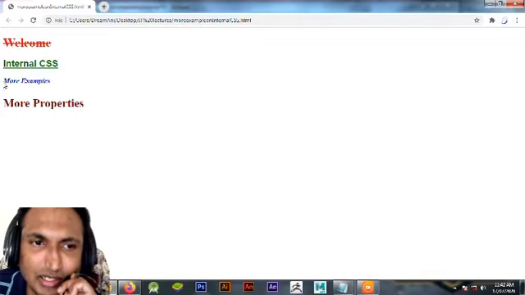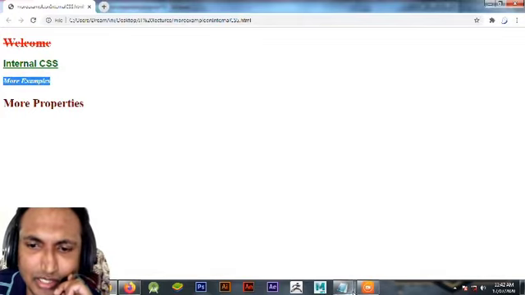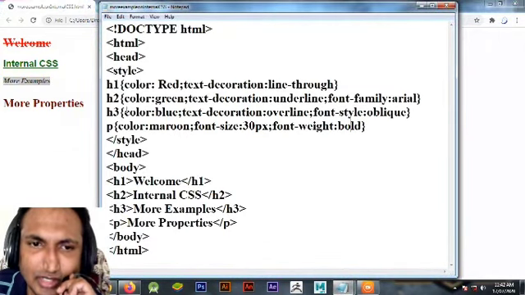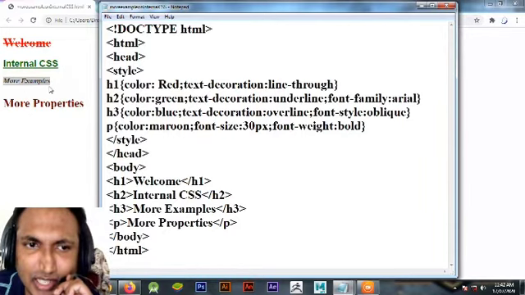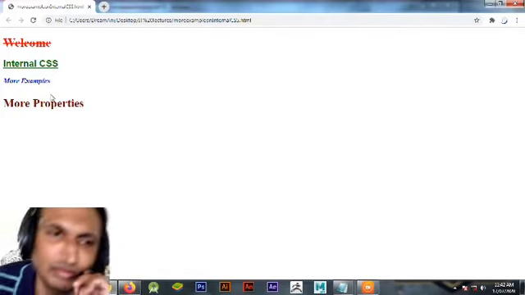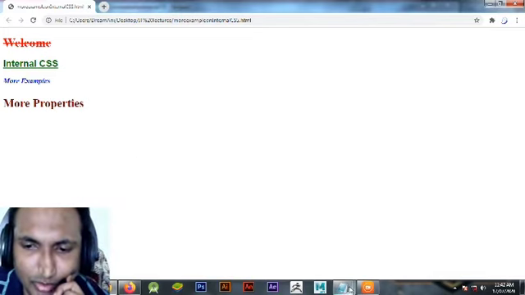The h3 font style is oblique, so it looks oblique, and its text decoration is overline, so the line appears over the text. The line is under the text, that's why its text decoration is underline, and in welcome the line is going through the text, so it is the line-through property.